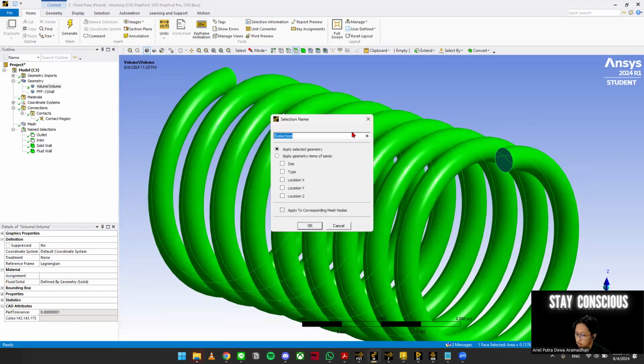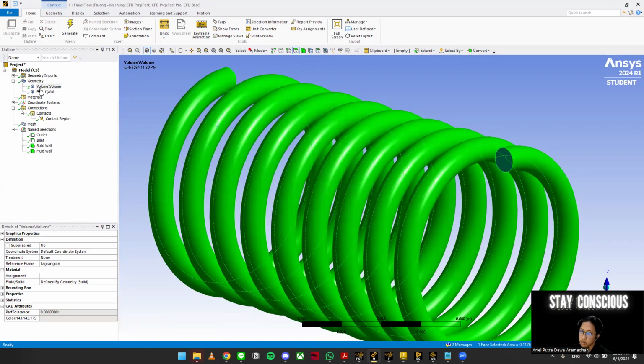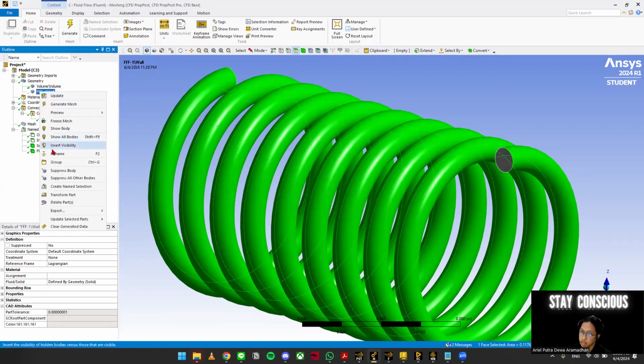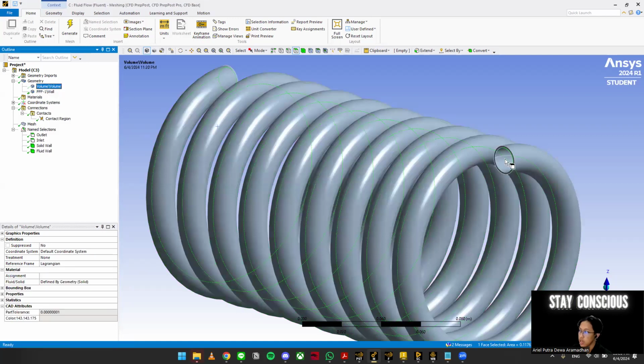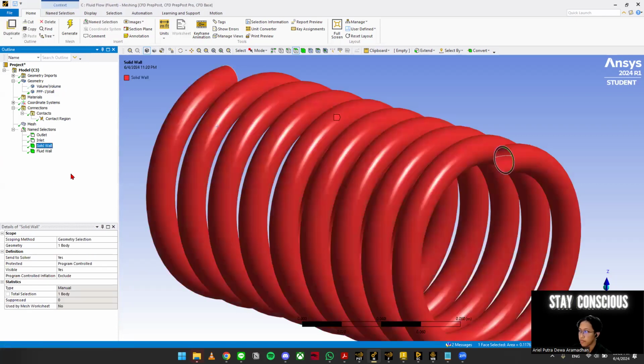And you can name it fluid volume. It's the same for the wall. All you have to do is right click here and then show body and then hide body, and you have the wall. And just name the selection solid wall.